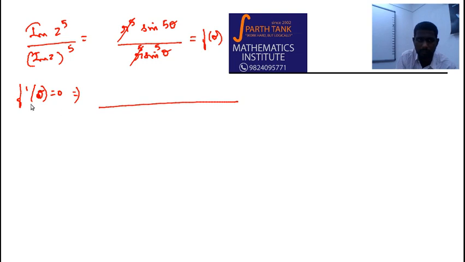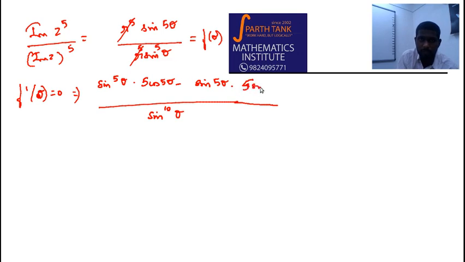This would imply, the denominator will become, this is a ratio of functions. So sin power 10 theta, square the denominator, keep the denominator first, differentiate the numerator, so that becomes 5 cos 5 theta, put a minus, and then keep the numerator and differentiate the denominator. That becomes 5 sin power 4 theta into cos theta. Okay, don't miss this cos theta. So if I were to simplify this by taking sin power 4 theta and cancelling it below, I get sin theta and cos 5 theta